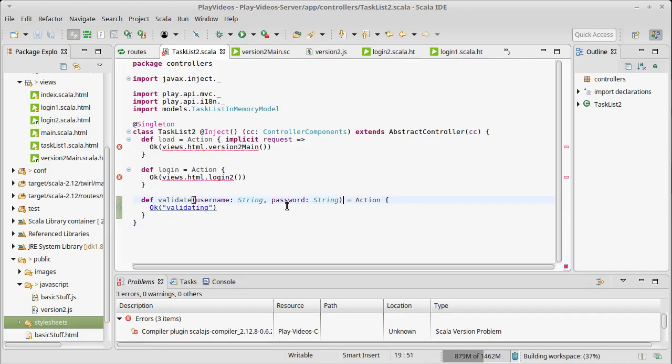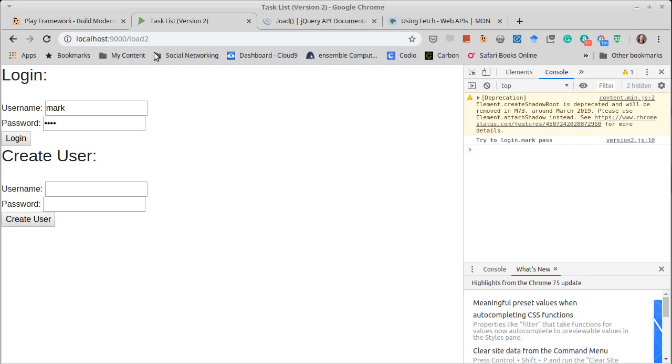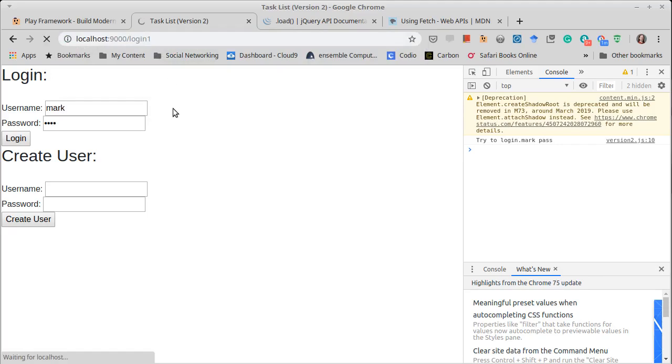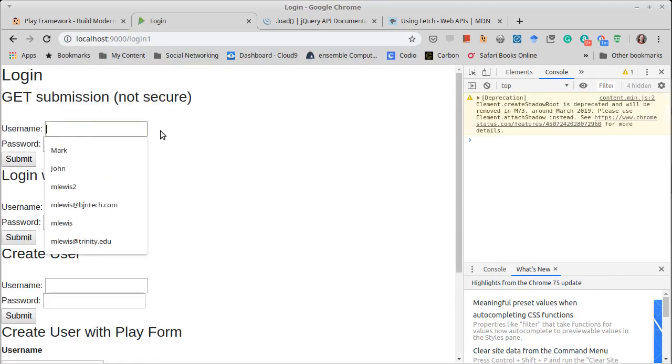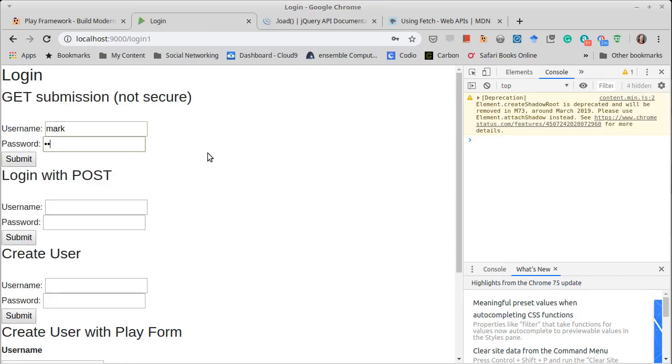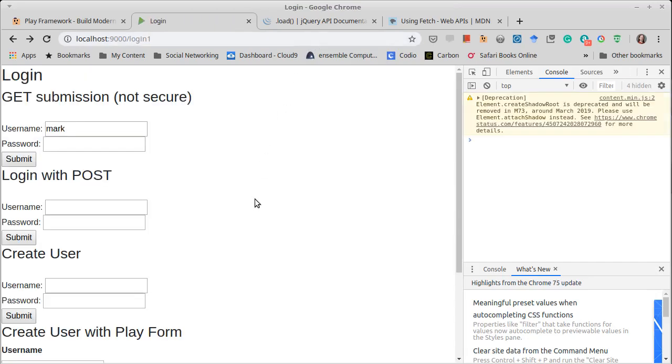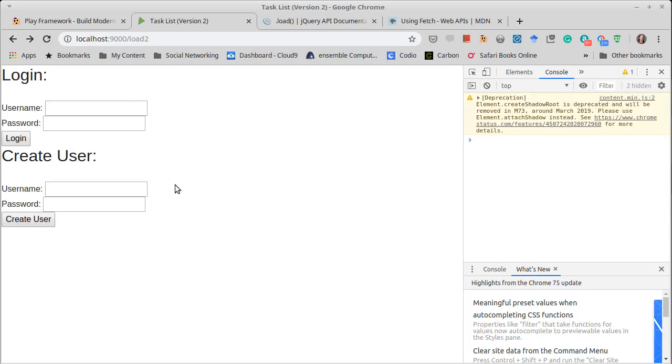So why is this problematic? Because this is an Ajax call, you're never going to see this URL. When we were doing this previously with our first version, we said that the GET version was horrible because the URL that would pop up on the bar would have the user's password on it. Clearly that's problematic. What we're doing here is better in that it doesn't pop up there, but it's still